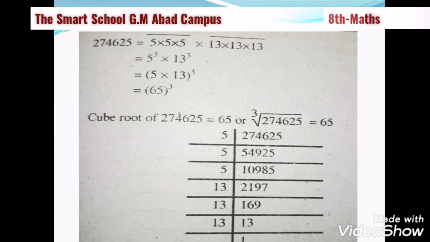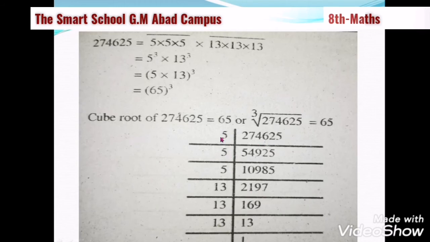So remember that the prime factors of a number which is a perfect cube always form triplets. That means if you have 5 here, it means this number will be divided 3 times by 5. If the number is divided by 13, the factorization continues on 13 till 3 times. So again it divides by 5, again it divides by 5, then we have 2197, it divides by 13. So these are the factors of this number.